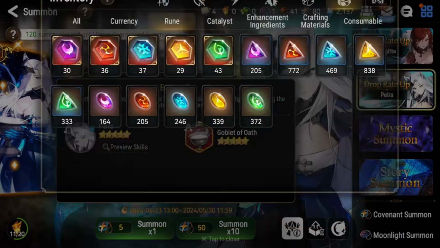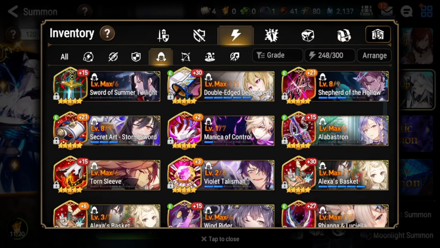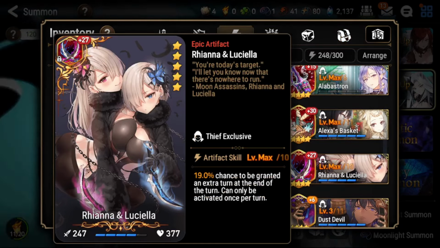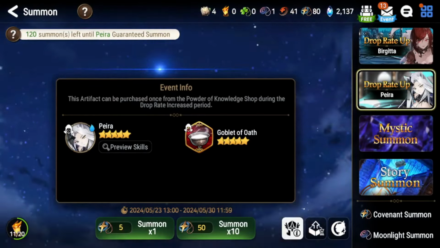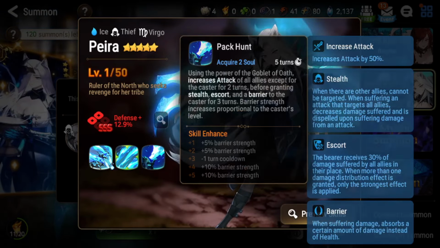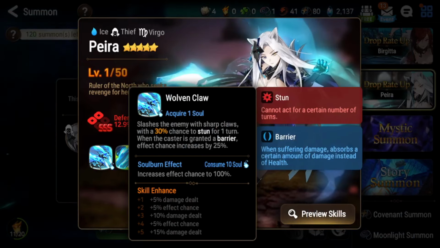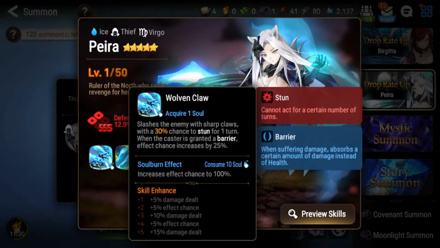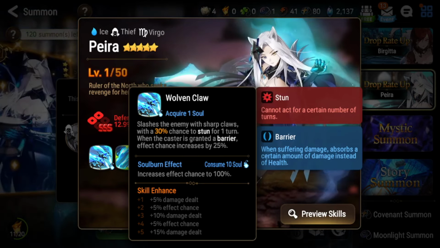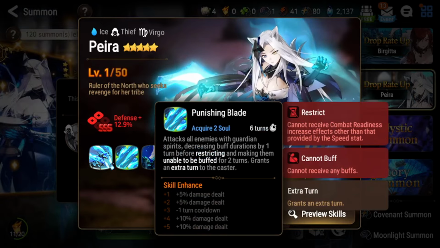And also she's very nice if you pair her on another artifact known as Rihanna and Luciella. This is actually the artifact that I run. This artifact has a chance to grant you an extra turn at the end of your turn, and basically because Peira has an extra turn in her S2, you have 2 chances to actually proc it. So basically what you can do is S2, S3, and then S1 right after and try to stun the enemy fastest unit and just get a huge advantage from the start, and it pretty much ends up snowballing out of control. Especially because it's very annoying to deal with those extra turns because it resets the cooldown on her S2